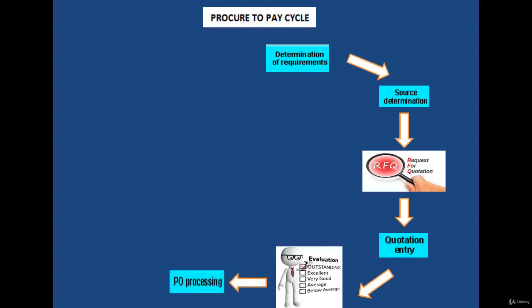purchase order processing. So after selecting a vendor, the company establishes a relationship with the vendor by generating a purchase order, expressing the requirement of raw material to the company, and generates a purchase order document and sends it to the vendor, followed by